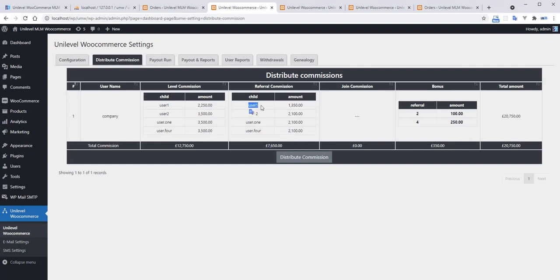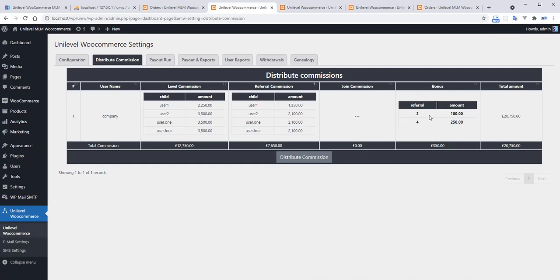The same applies to the referral commission. By user 1, the company gets a commission of 1,350, which is 15% of the order amount of 9,000. Same for user 2: the company gets 2,100 euros.